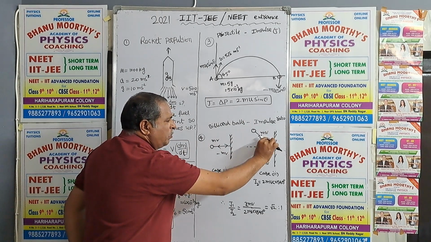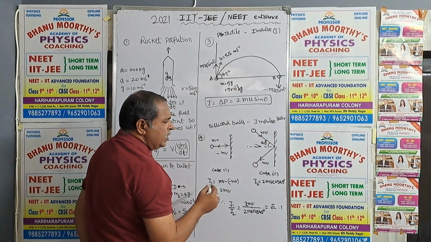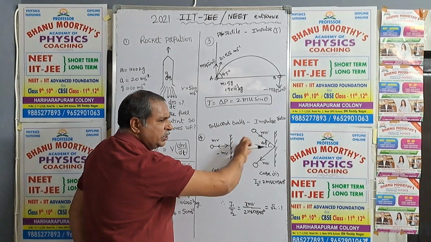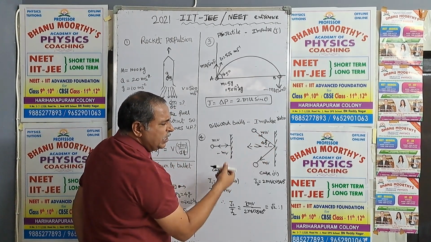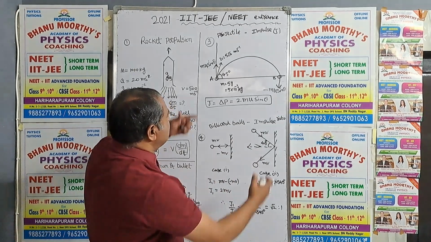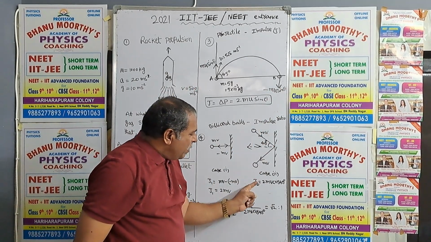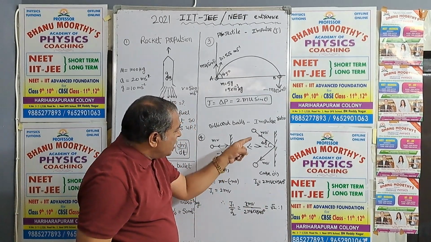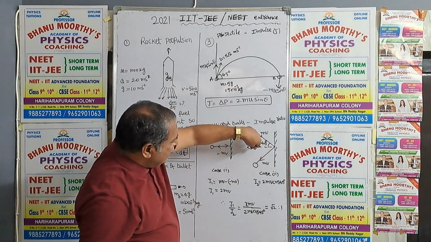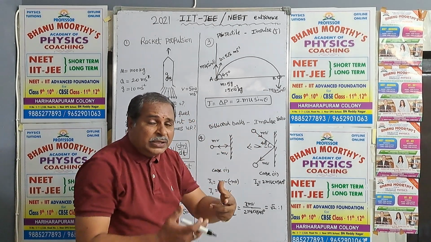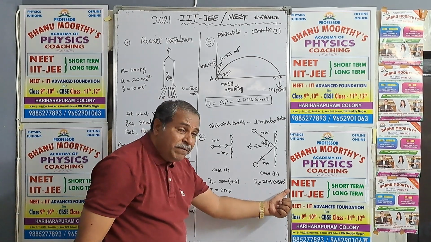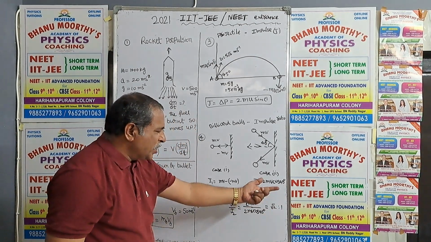This momentum is in this direction, and this momentum is in this direction. So this is mv cos theta, and this is also mv cos theta. Minus of minus becomes a plus, because they are in opposite directions along the normal. So the difference, the change in momentum, which is nothing but the impulse, is 2 mv cos theta, cos 45.